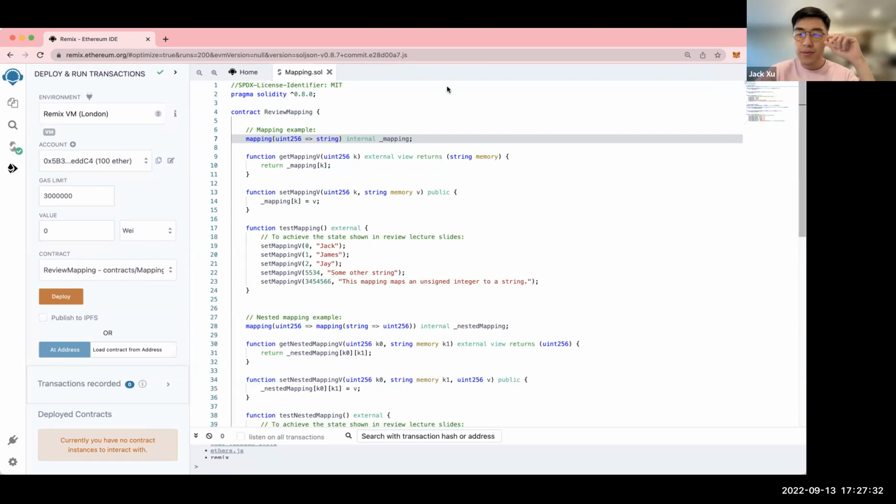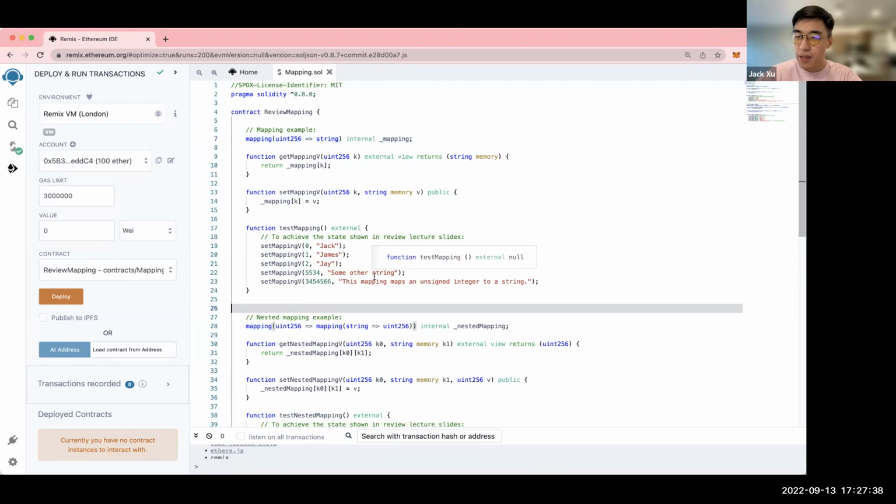So here we have just a very plain contract, and all it does is it plays with some mapping stuff. This is a contract whose name is review mapping. That's the name of the smart contract. Here I'm declaring a mapping. This is how you declare a mapping: the type, the visibility, and the name.